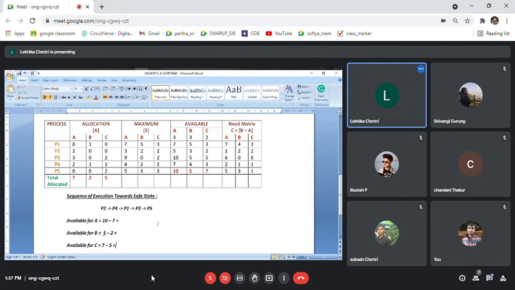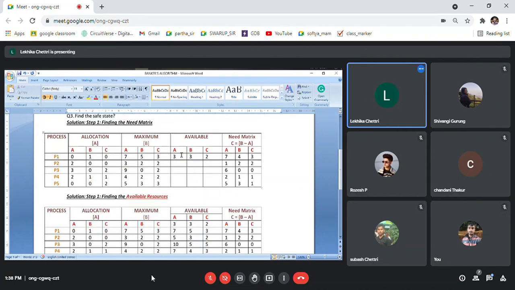And also the second step of verifying is, now the available is this one. Currently available, after finding the safe state, perform the minus of all the allocated. See how much you get. 10 minus 7 is 3, 5 minus 2 is 3, 7 minus 5 is 2. So how much did you get? 3, 3, 2. So now initially, after assigning 7, 2, 5 resources to all the processes, when we started, after assigning that much, how many were available? 3, 3, 2. Check here. See, 3, 3, 2 was available.